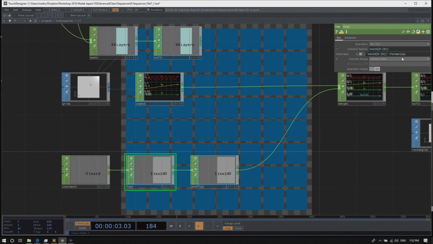Here I put in the value of the layers null, the multiplied number we made earlier. To get to this operator, I'll type op, open parentheses, a single quote, and then the name of the node, which would be null5 for me.